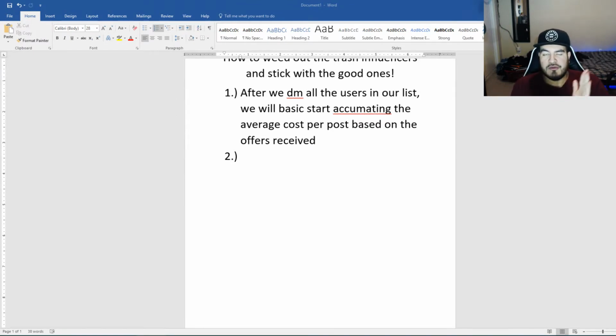So for step 2, after we find influencers and our ballpark range, we're going to check 5 things to make sure that the influencers are legit. We want to make sure that their followers are legit, their comments are legit, and they have good engagement. These are 5 factors that you want to check to make sure that influencer is actually a good influencer and might bring you sales. So here we go. The first thing I like to check for is